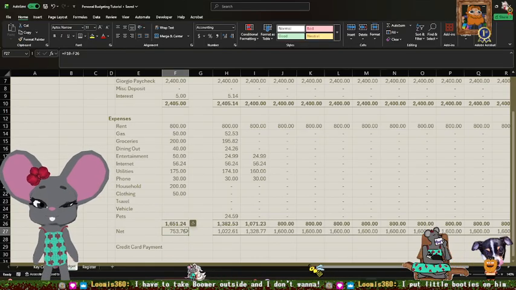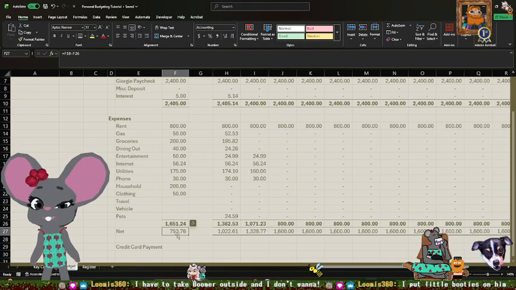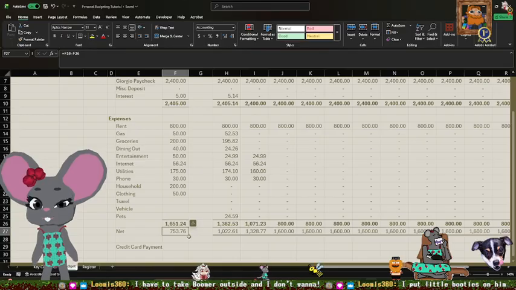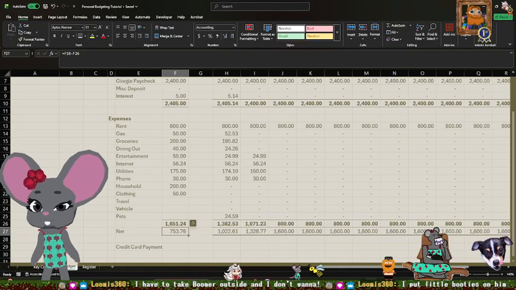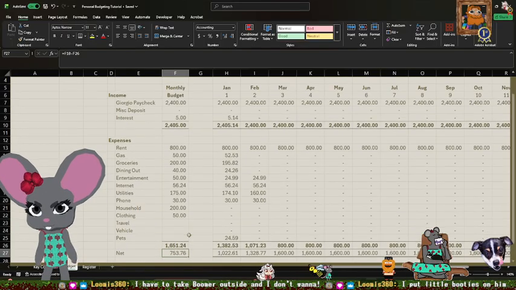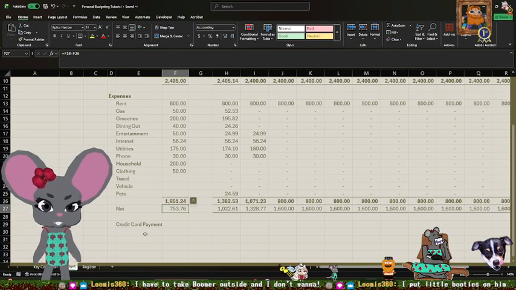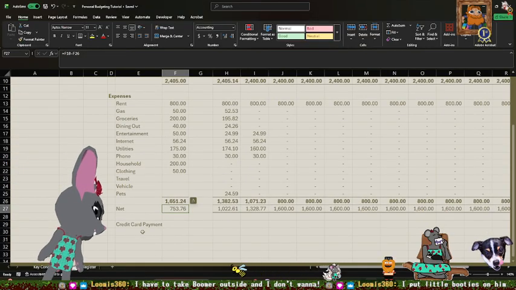That would be a target savings goal. Try to save that much every month. Put that into a savings account. And we can keep track of how much we save.